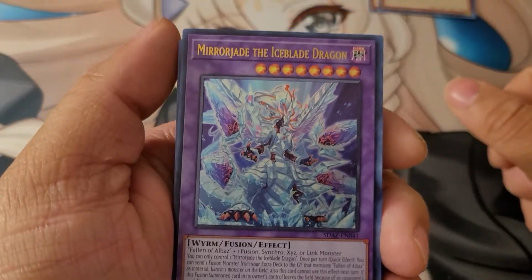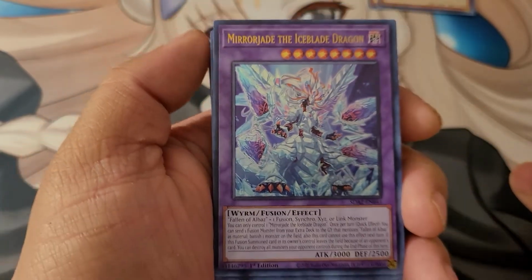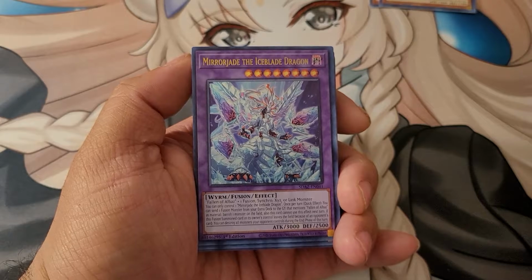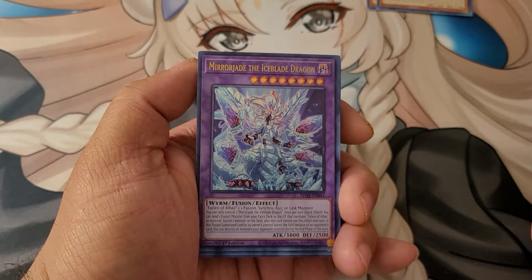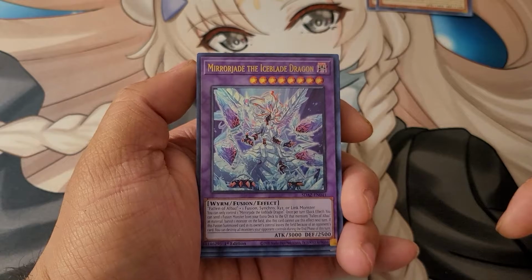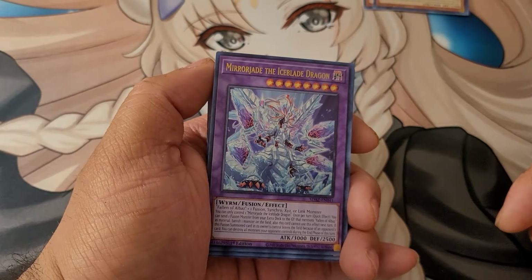You go to the Fusion, Mirror Jade, the Ice Blade Dragon, one of the new boss monsters. It's something like a nice Super Poly, where you use Fallen Albaz, and if they have a Fusion, Synchro, Xyz, or Link monster, you can take their monster and use it as fusion material. A lot of times, though, with Branded Fusion, you can get